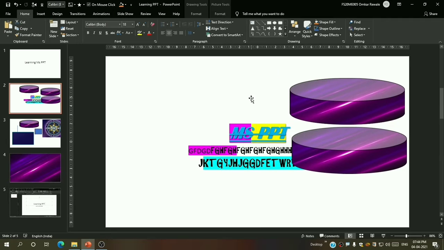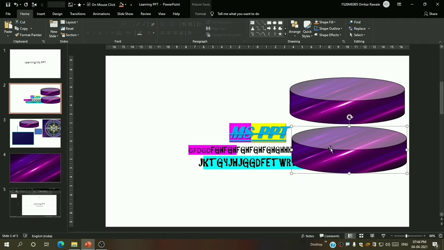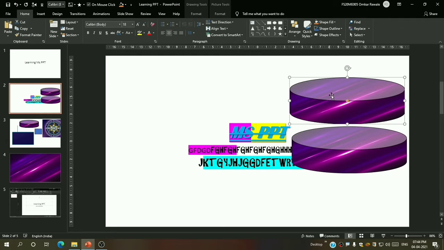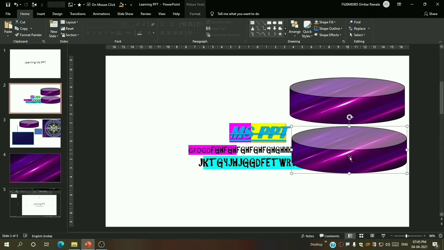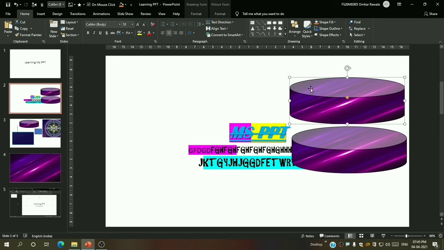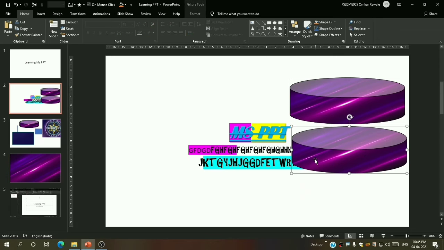Let me delete this. In this formatting option, I can change the shape. As you can see, I can format the shape, but this I cannot do anything with because this is a picture paste option and this is a formatting paste option. In the formatting paste option, we can format the shape, but in the picture paste option, we cannot.